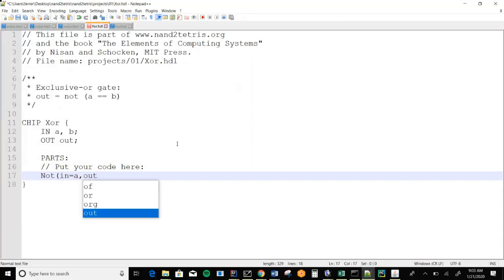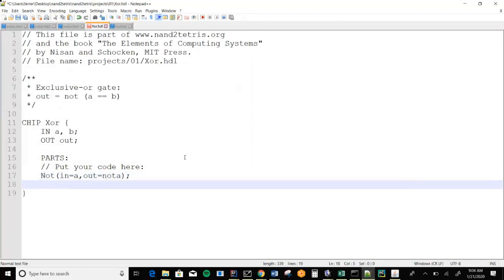And now I need to say, where do I want the out to go? So what I do here is I literally make up a name. And that name that I make up becomes the name of what we call an internal pin in the circuit. And so in a fit of irrepressible creativity, I am going to call that pin not A. Go with intuitive names.